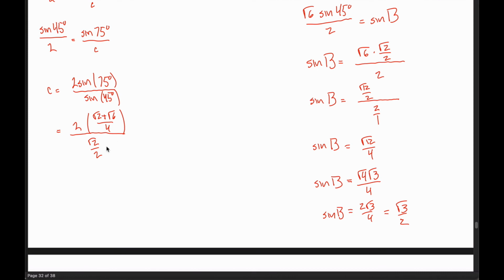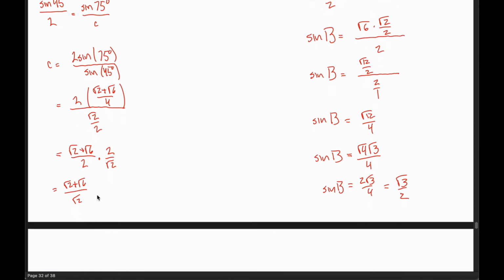So you get this mess of an expression for c. You cancel out this 2 and part of this 4 and then flip this upside down. And I think what will happen is you'll get that c is root 2 plus root 6 divided by 2, now after these cancel, times 2 over root 2. These 2's cancel and you're left with root 2 plus root 6 over root 2,